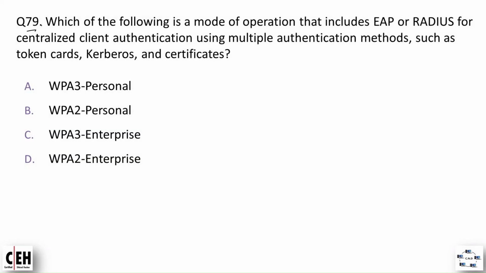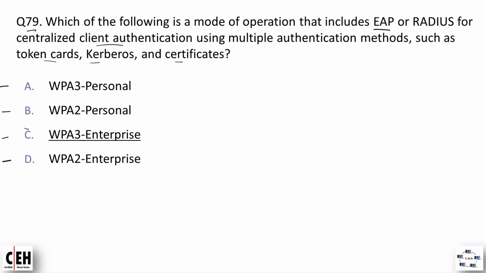Question number 79. Which of the following is a mode of operation that includes EAP or RADIUS for centralized client authentication using multiple authentication methods such as token cards, Kerberos, and certificates? Option A, WPA3 Personal. Option B, WPA2 Personal. Option C, WPA3 Enterprise. And option D, WPA2 Enterprise. And the correct option is